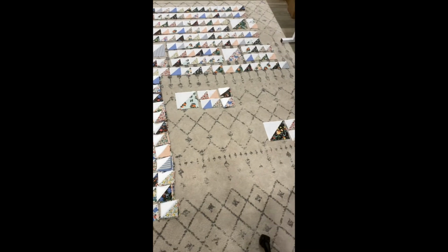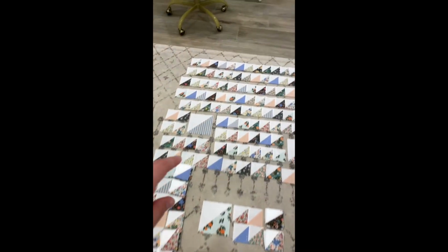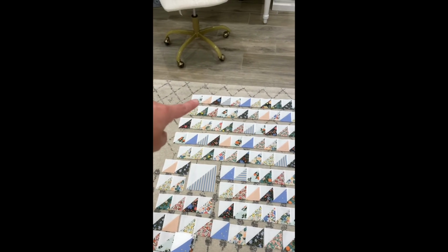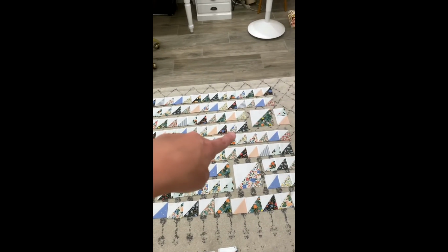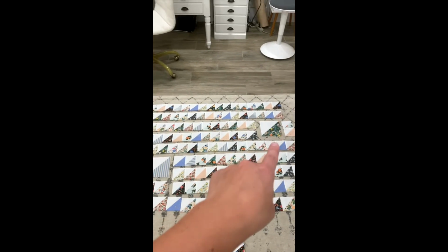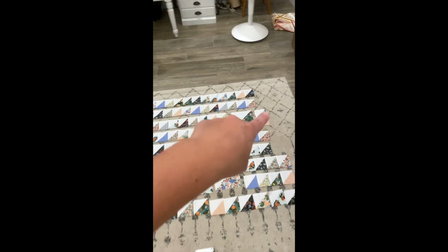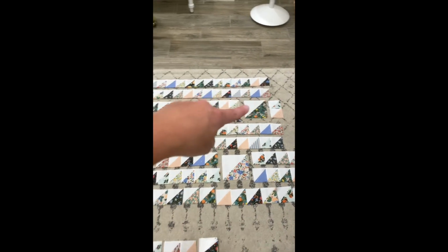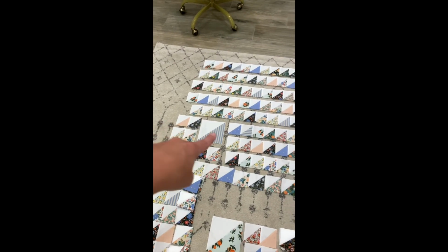Here is just a little update of how the progress is going on sewing my rows together. So this row, 1, 2, 3, 4, 5, these are all sewn together. And then you can see where this block is. I stopped. I've sewn these 2 together like that. Then when you get down here, I've sewn these 2 together, stopped. So this row,